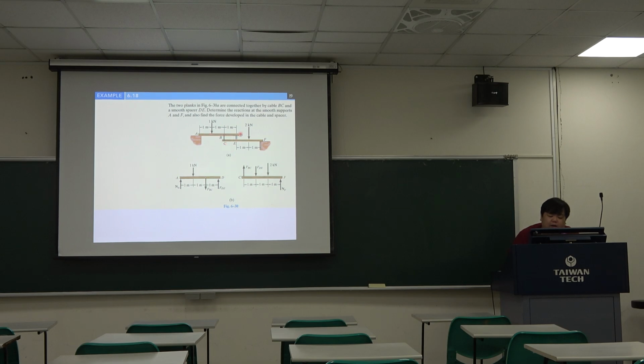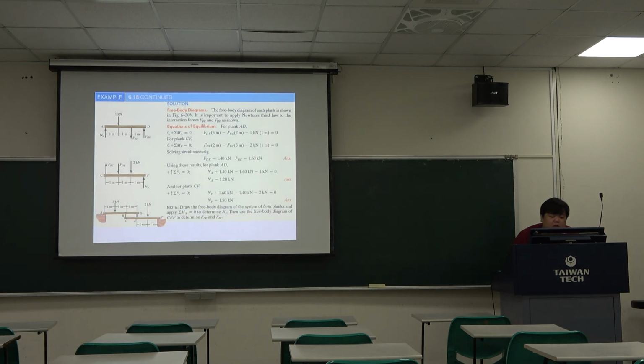Let this member and this member combine together. So this is internal force. This is internal force. So this is equal to this, equal to this, equal to this. And in the member CF, we also have the force here and the reaction force here. Okay, when we finish drawing the free body diagram, we can choose the one to do the equation